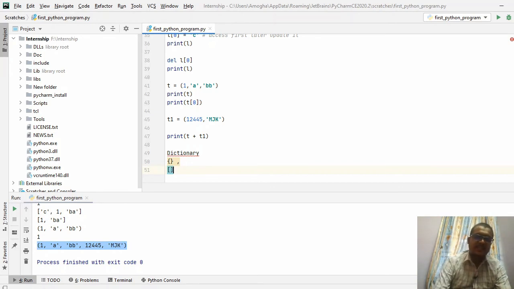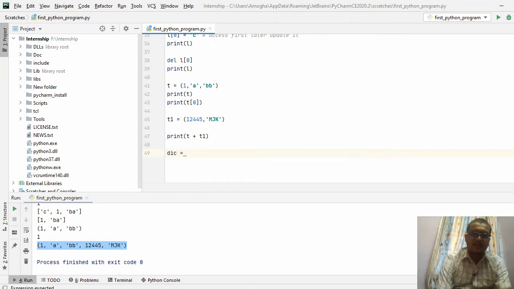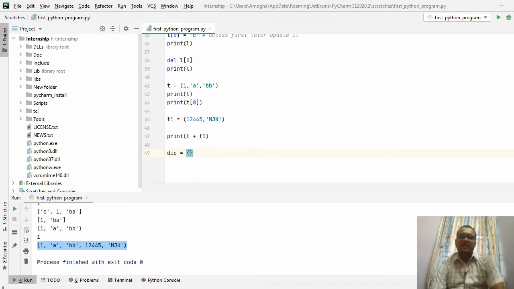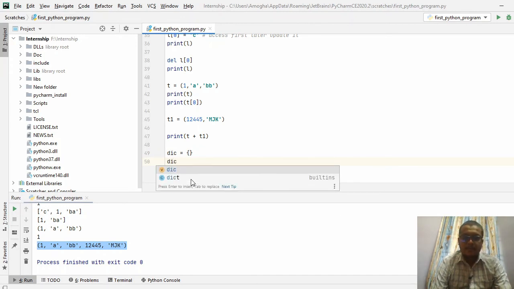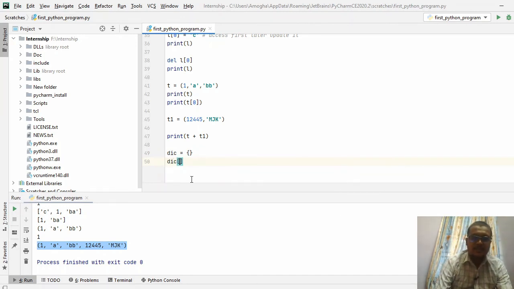For accessing any element, again we make use of big brackets. Let me give a dictionary here. Again we will have a left hand side and a right hand side. For declaring, I am taking an empty dictionary here, and I am accessing the dictionary's second value.